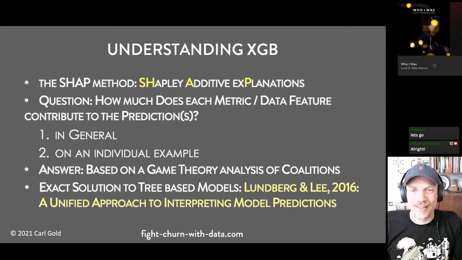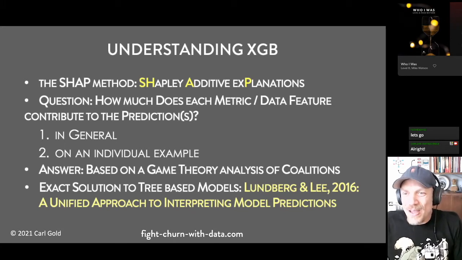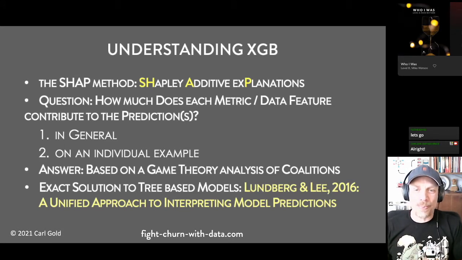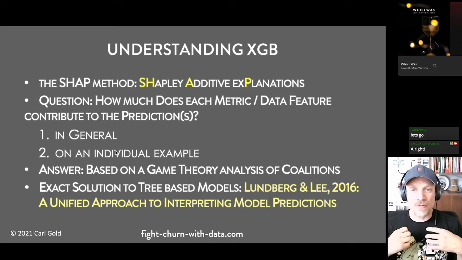I can't really tell. Anyway, the SHAP method looks at the variables as if they're players in a game and analyzes how much each one contributed to the outcome, which in this case is the prediction. It's a complicated method, and when I said you want to look at different coalitions, that implies you're going to look at different subsets of variables, or subsets of team members.